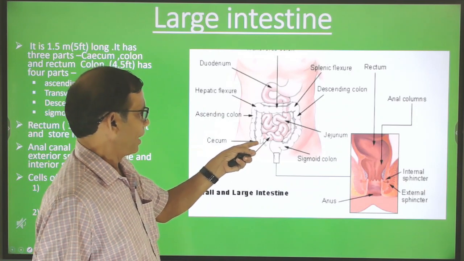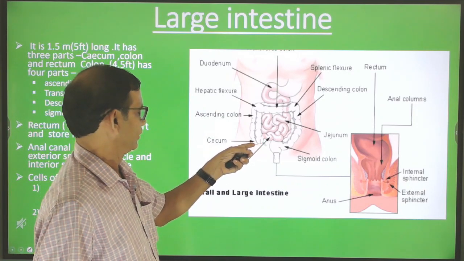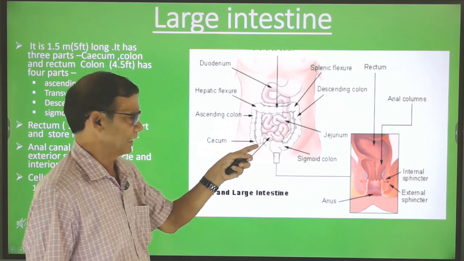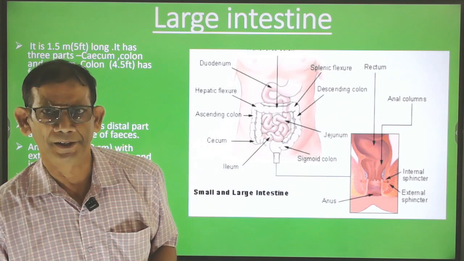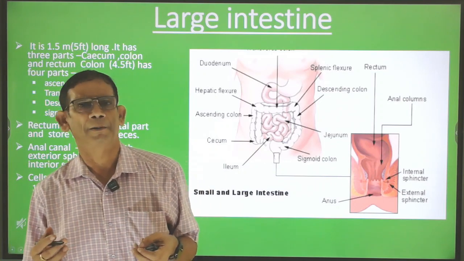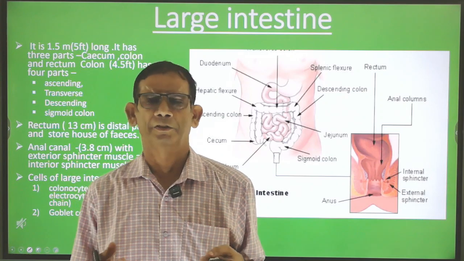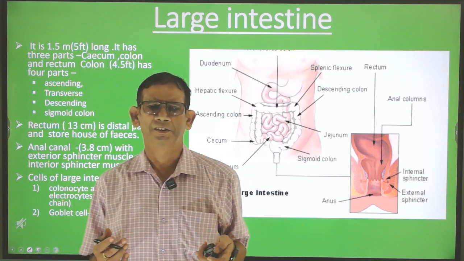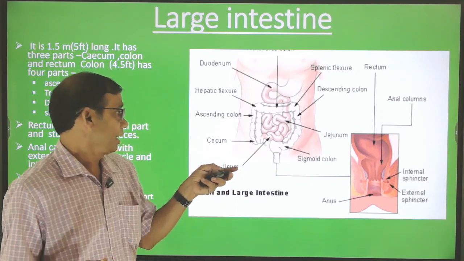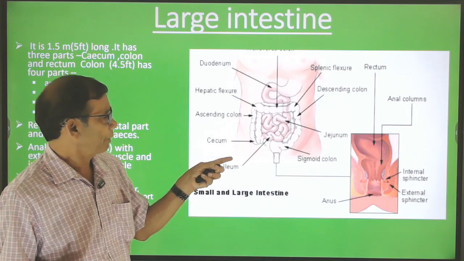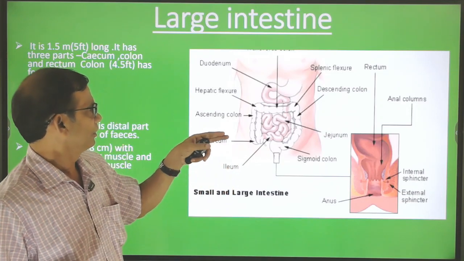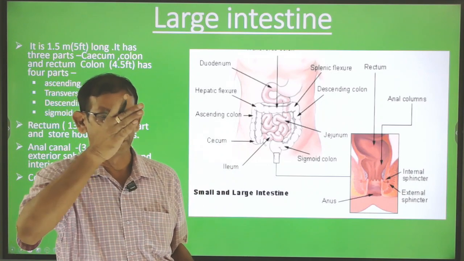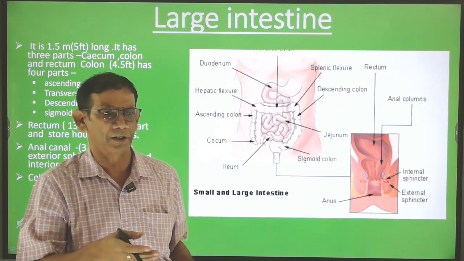The first part of the large intestine is called the cecum. It is a small bag-like structure which opens into a blind sac called the appendix. The swelling or infection of the appendix causes a disease called appendicitis. The next part is the colon, which has four parts: ascending colon, transverse colon, descending colon, and sigmoid colon,